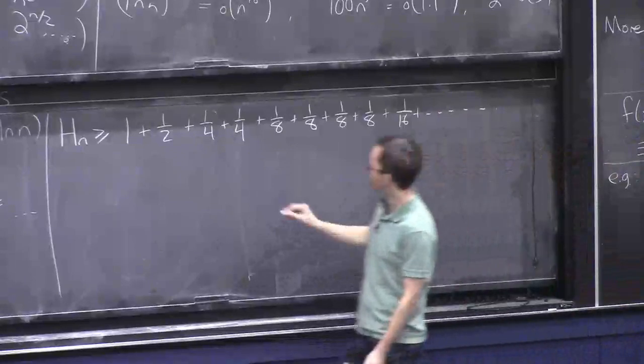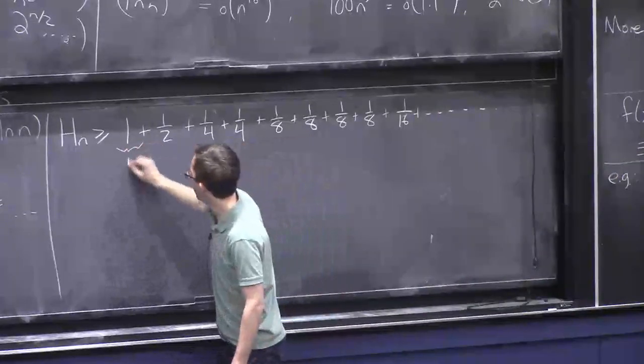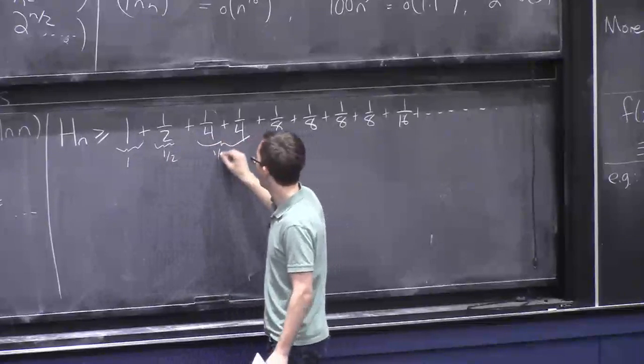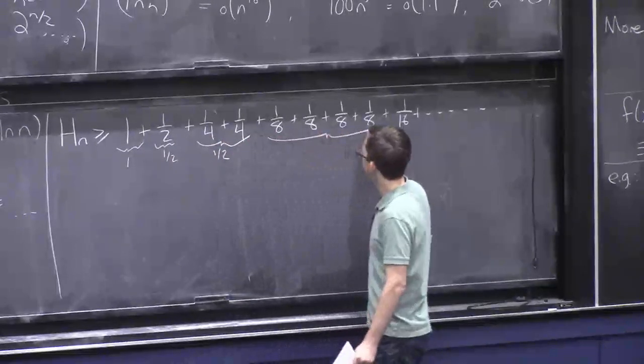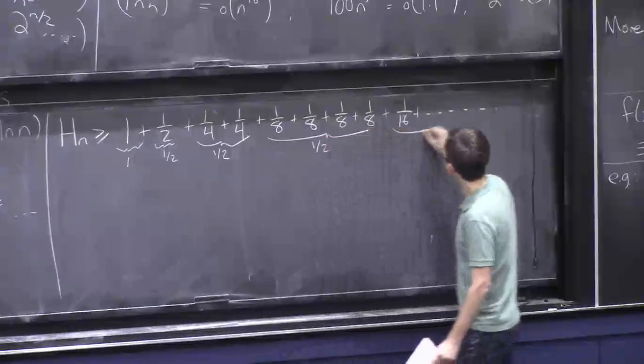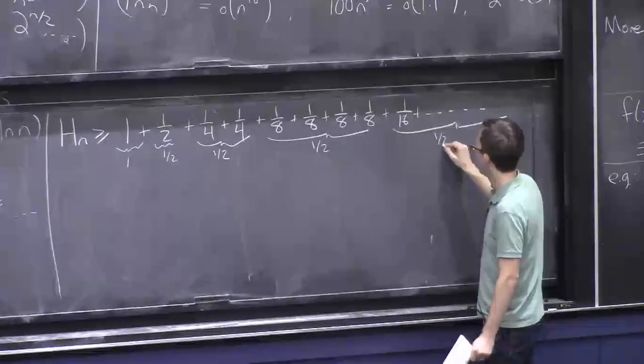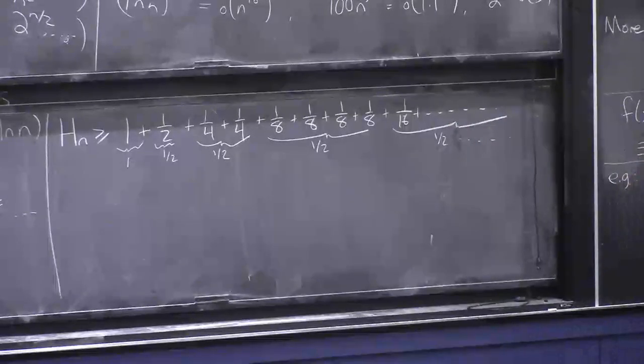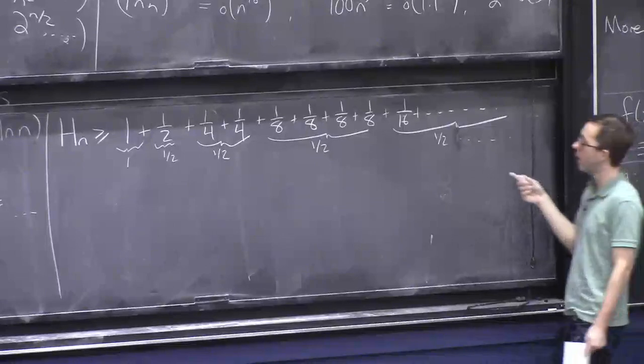Okay, so hopefully that's also believable. So this is 1. This is 1/2. 1/4 and 1/4 is 1/2. You have 4 copies of 1/8, so that's 1/2. You're going to have 8 copies of 1/16, so that's 1/2, etc. So again, you basically have log base 2 of n groups, and each group is contributing at least a